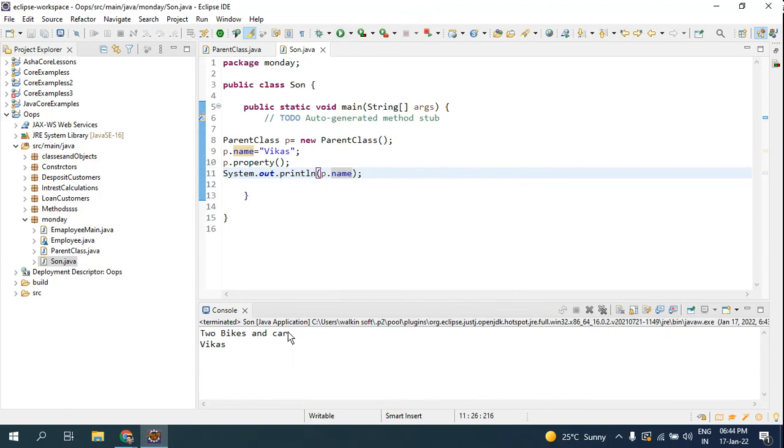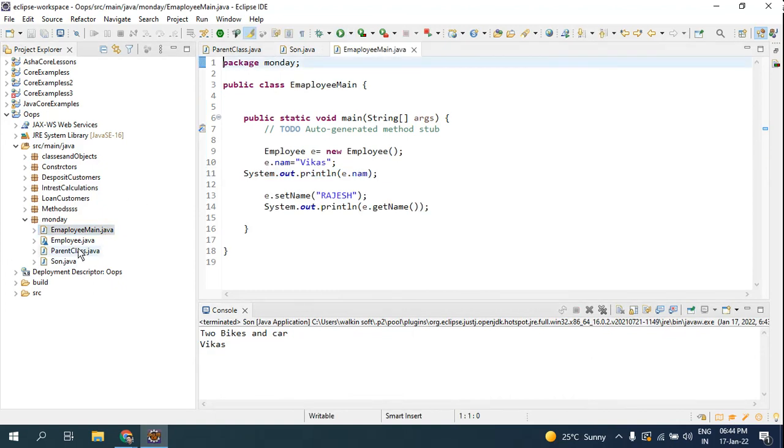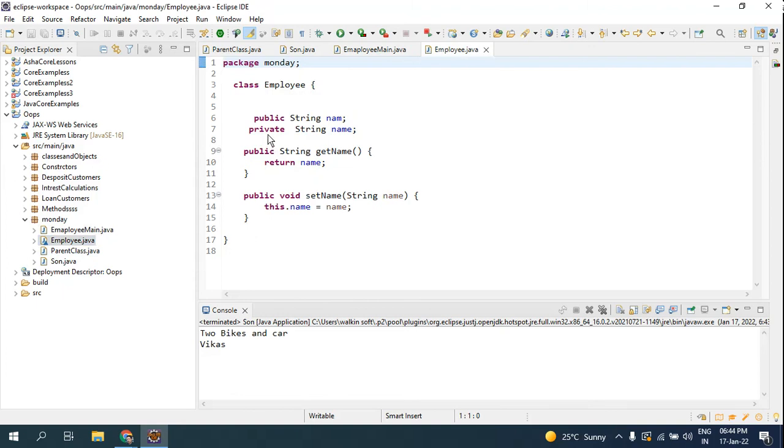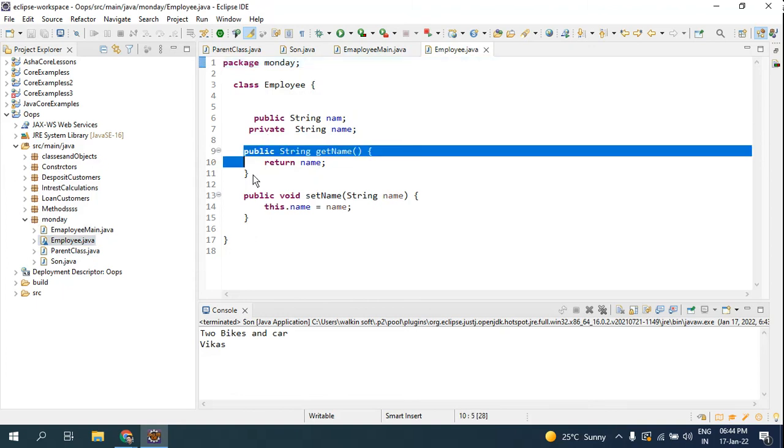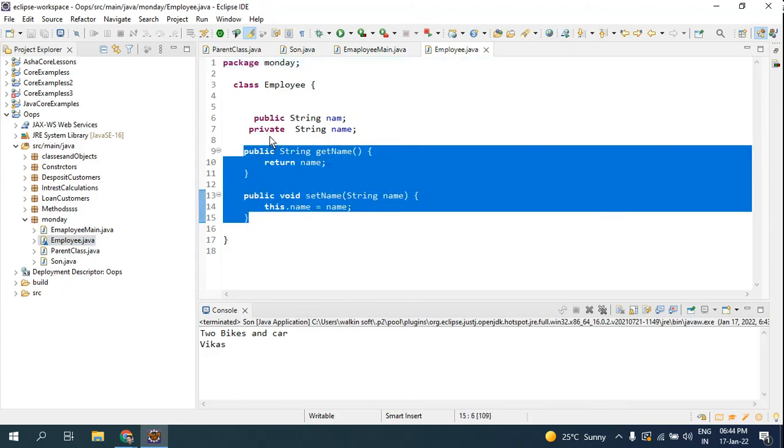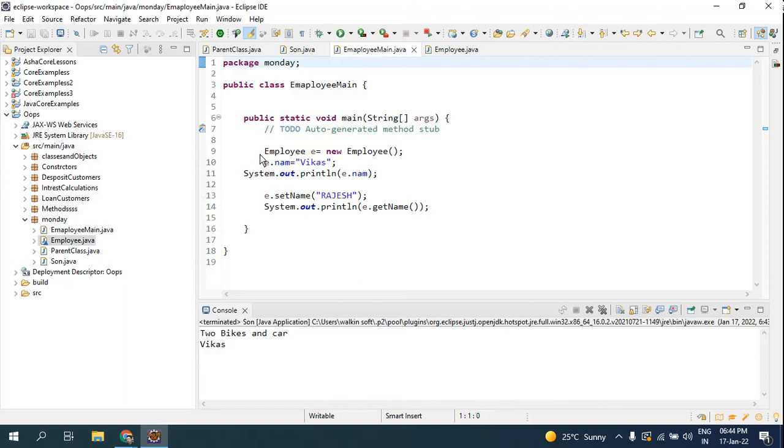Look here, now you are able to get 2 bikes and car, and you might wonder, sir, the previous example you showed, employee main and employee, this example was the same, but you have used private, and we can understand that you used setters and getters. If it was not private, this is how you are going to do it.